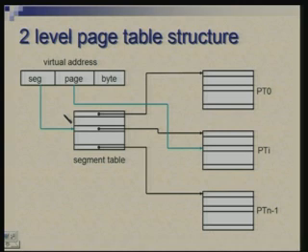As you can see here, there are two places where you may encounter a page fault. You may encounter a page fault when accessing the page table itself. Secondly, you may have the page table, but you may not have the page. So, a page fault can be encountered at either of those two levels.